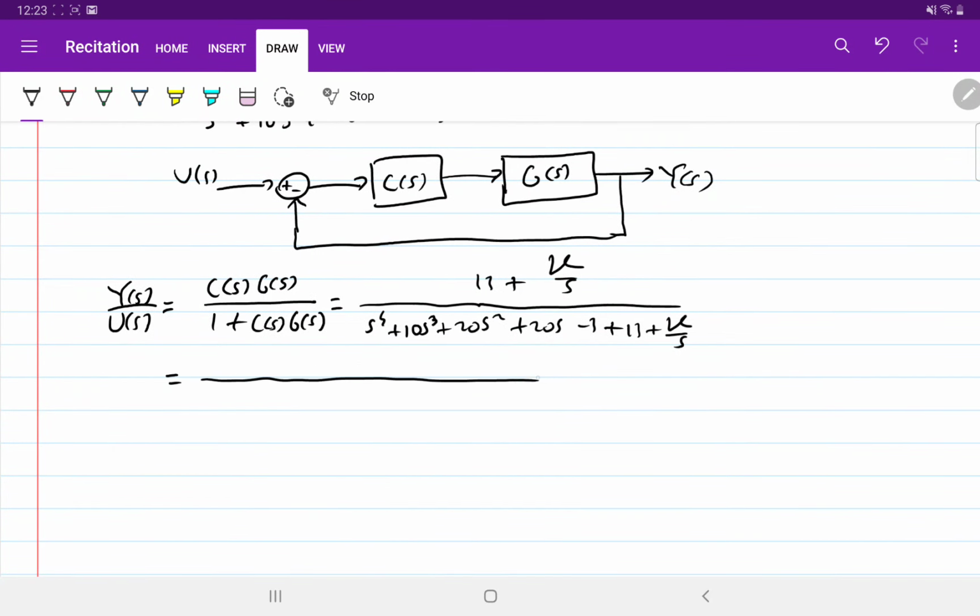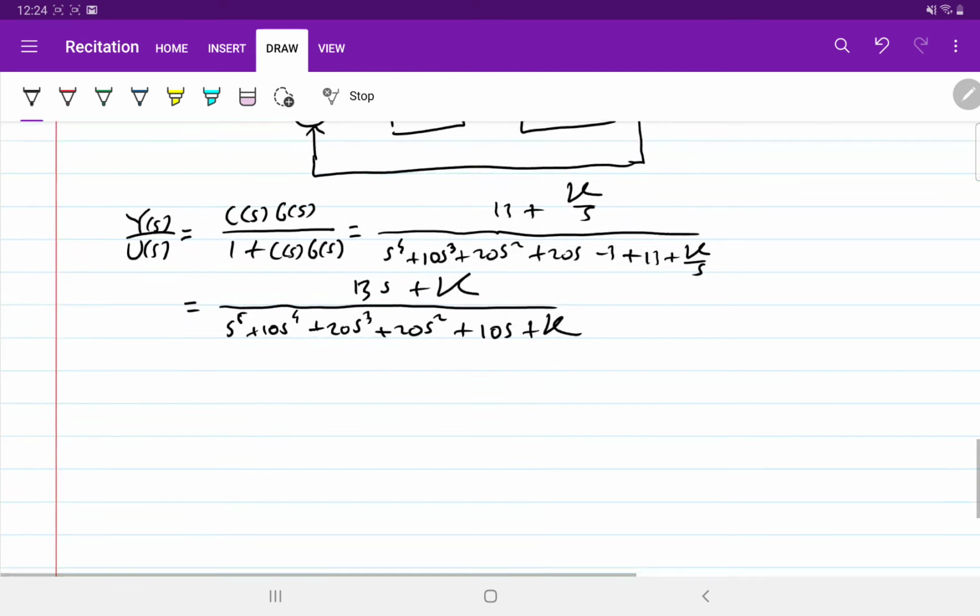So we can simplify this into 13s plus k, and then here is s to the 5 plus 10s to the 4 plus 20s cubed plus 20s squared plus 10s plus k. Okay,